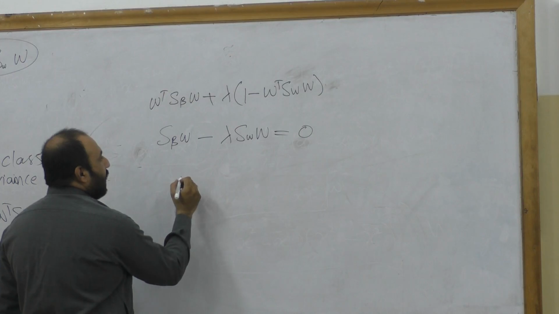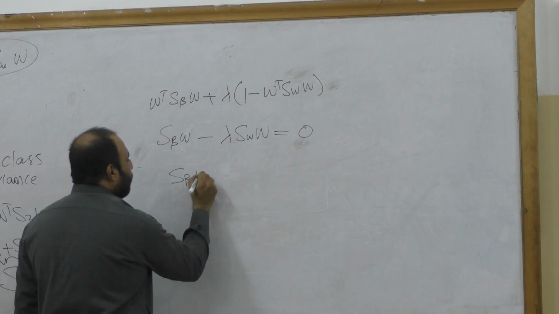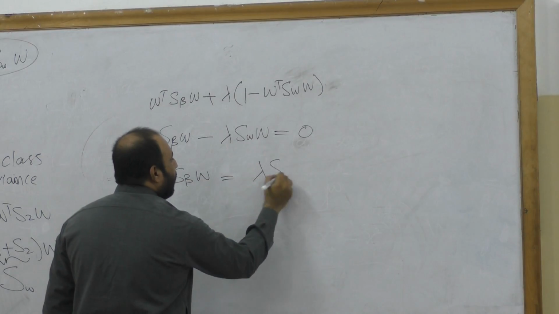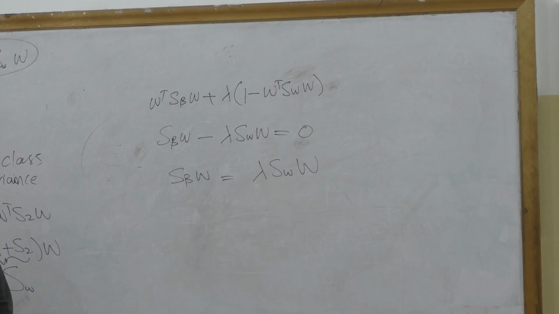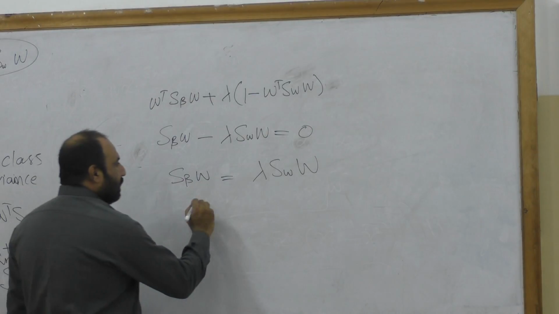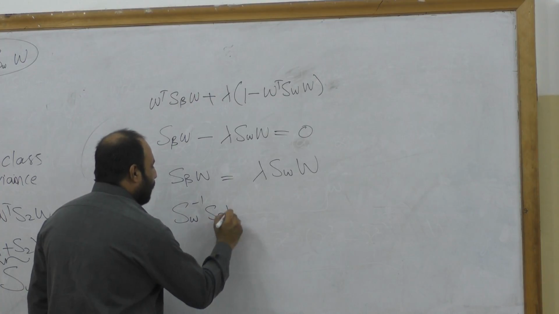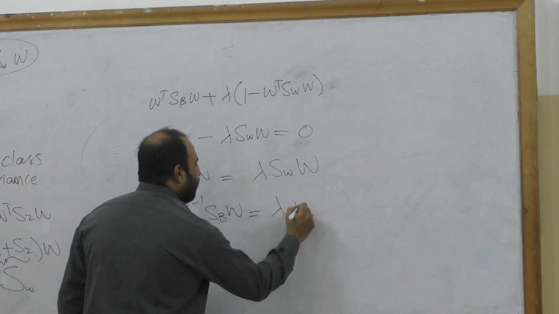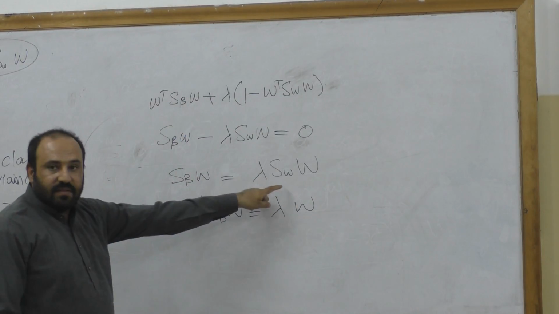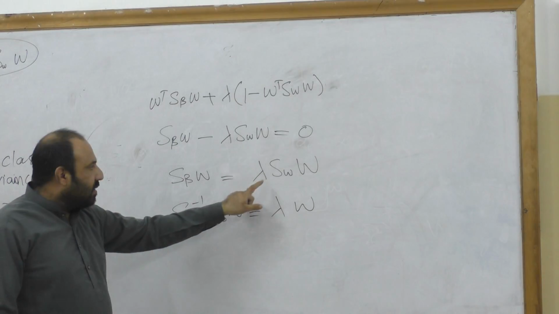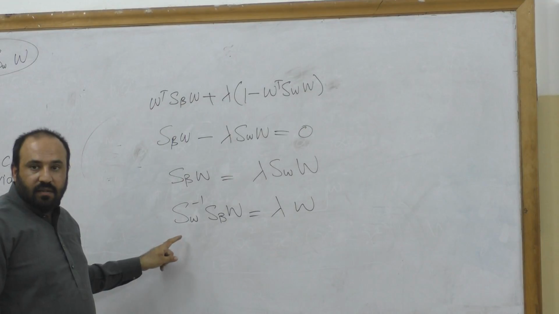You come up with a situation that SBW is equal to lambda SWW. Yes? And that means SW inverse SBW is equal to lambda W. If you multiply SW inverse both sides, this is just a scalar, this goes away, this becomes an identity in this. Yes? Yes. Because